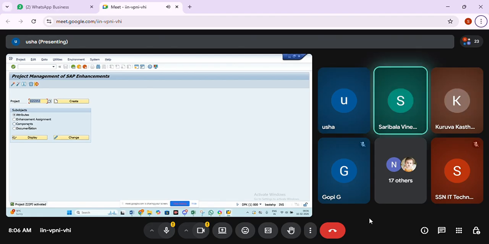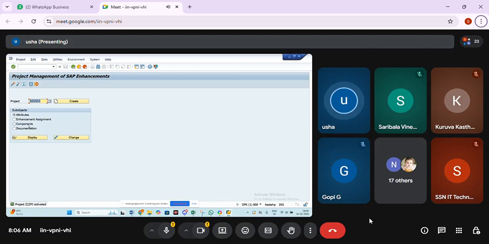Yes, ma'am. Yeah. So if you see in our program and all, we have an activate button. That's it. But there is no deactivate button. Correct? That is not there. What is deactivate? I don't want this enhancement. For example, I implemented this, but after testing, I noticed that, hey, this is not at all suitable. This is not to be used at all. Then what are we going to do? One second.